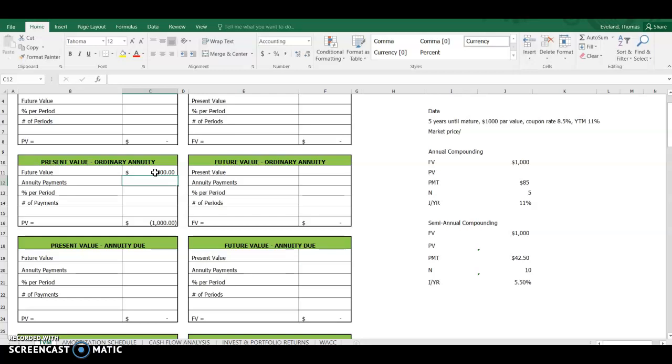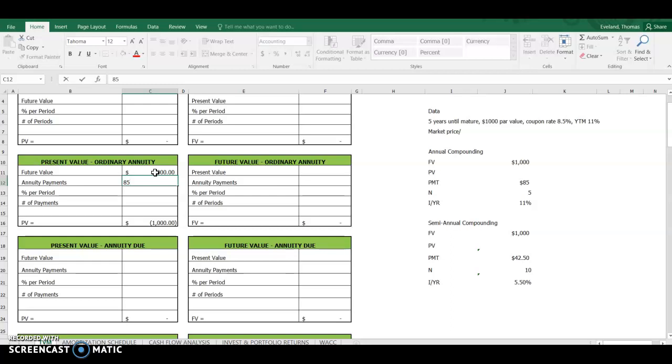Let me say it again: use the coupon rate to figure out the annuity payment and then set it aside, because what we're really focusing on is the price of this bond based on the more current, more reflective yield to maturity. So we use the 8.5% coupon rate to figure out our payment per period of $85,